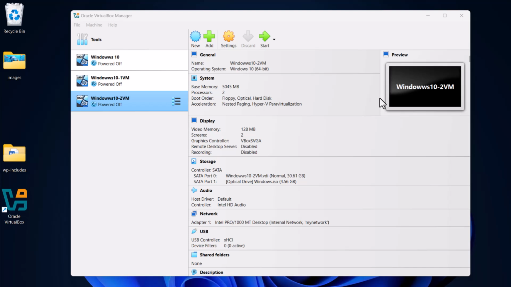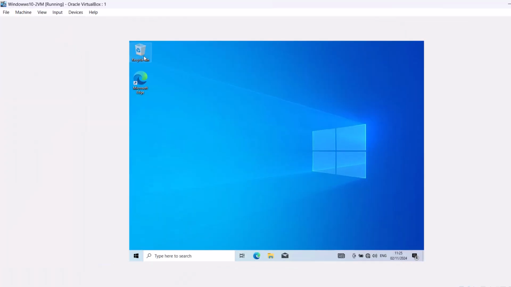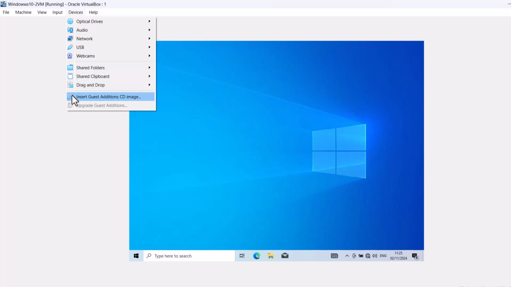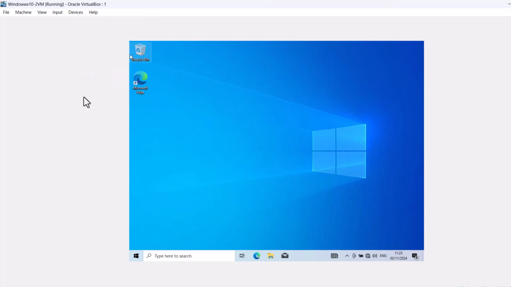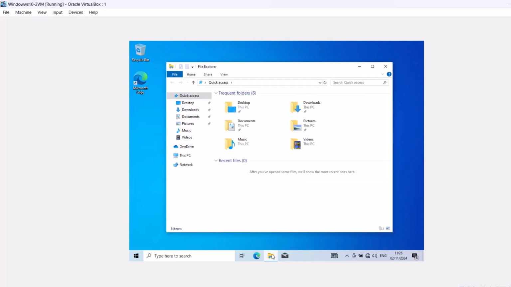In this video I'm going to show you how to make VirtualBox full screen for any operating system at all. If you have installed any other operating system than Windows 10, where I will be demonstrating, you just open it. And to make it full screen, here at the top click on Devices, click on Insert Guest Additions CD image, and after you have done this, go into any folder of your operating system,